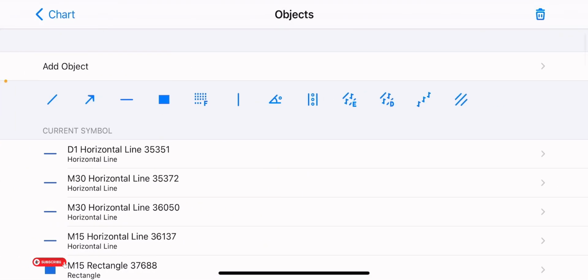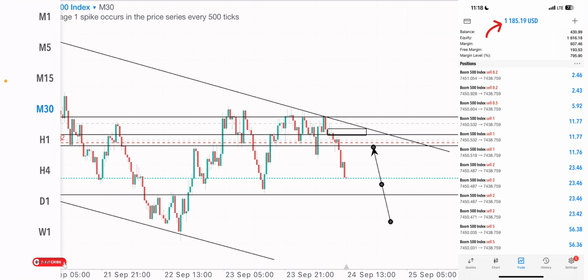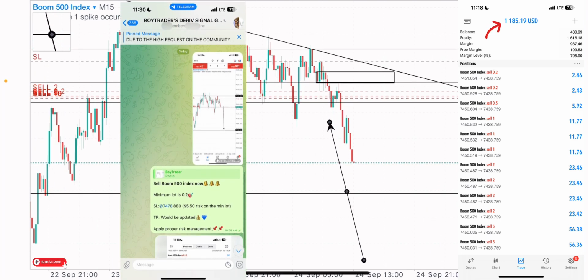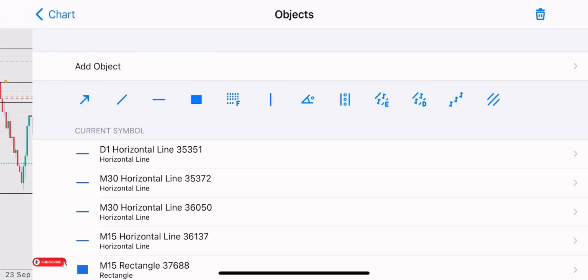It's another good day in the market, guys. So I took this sell trade on Boom 500 index. I got my entries at this point and I shot this sell signal to my VIP members. We first got this drop to the downside before price pushed back a little bit, which we closed part of our positions in profit. So price is dropping massively from our entry point, and I expect price to get to